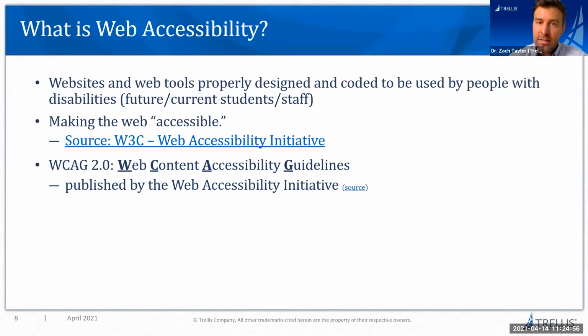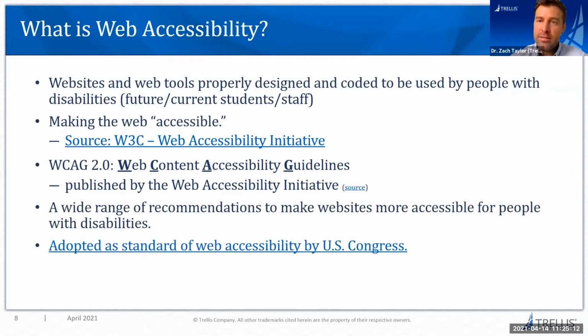It is an exhaustive list of so many guidelines that y'all need to follow to make sure you're maintaining a certain level of compliance in Section 508 of the Rehabilitation Act of 1973. It's a wide range of accommodations and recommendations. And it's so robust that in 1998, US Congress actually implemented the standards as the official threshold of compliance that institutions of higher education must reach.